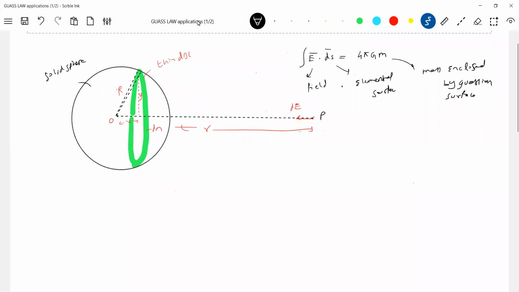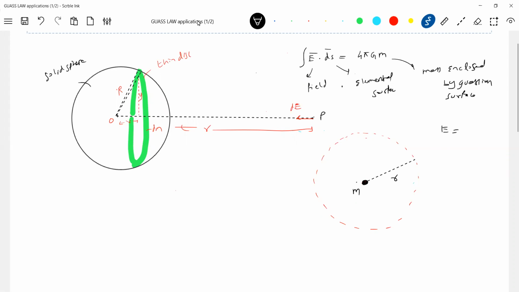Okay, what is the demonstration of this? Let's get into the point mass. First we'll start with the point mass. We know the field due to a point mass already. So here I'll assume a Gaussian surface. Just make observations, then gradually you learn how to utilize this particular law. So there's a mass m, a point mass, at the center, and this is the radius r. We know what the field strength is at this particular point. Already we know the answer, no?